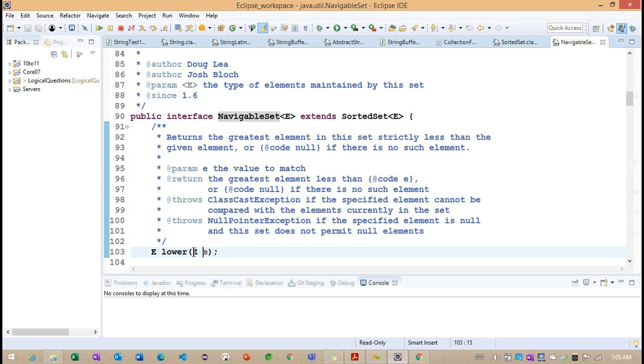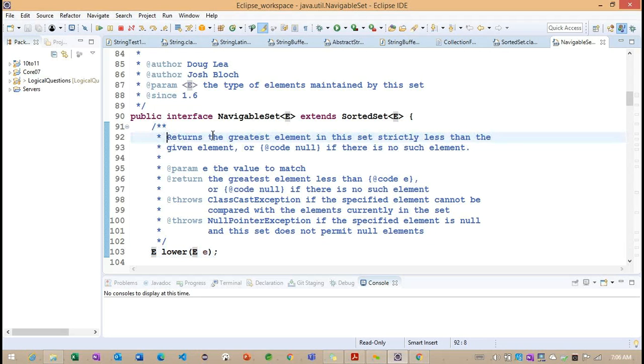You can see this lower method is expecting an object element, and it returns an element. Whatever element we pass, the same type we return. But now we need to understand the purpose of this method.